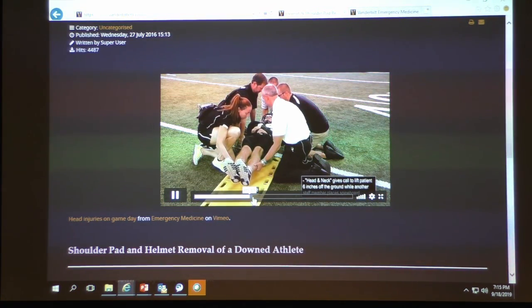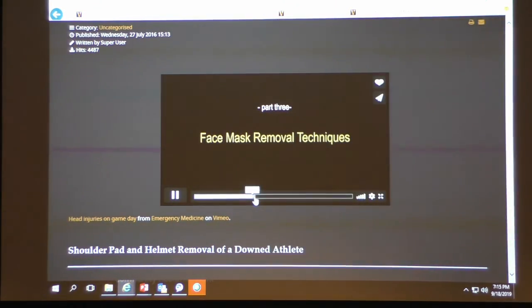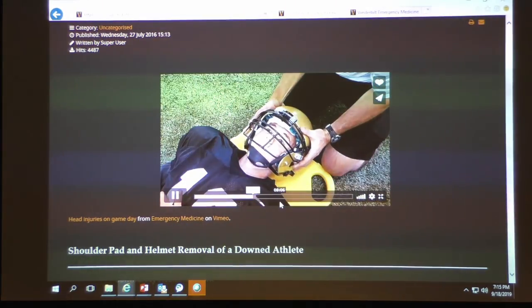So that's it. Another way to do it is to roll them over and then put the board down underneath. Either way is fine. So once the patient has been rolled onto their back,